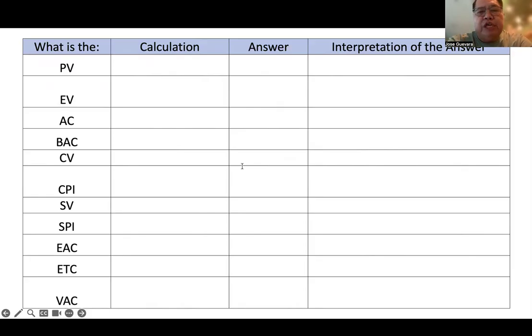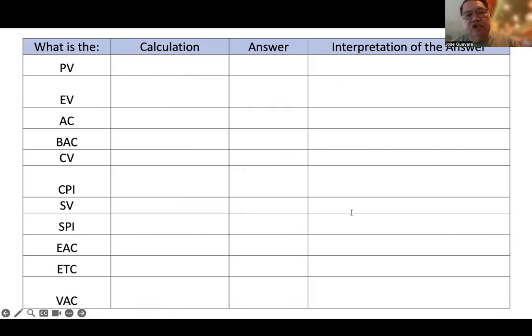So now it's your turn to think like a project manager. Using the information from the fence project, complete the worksheet shown on this slide. I recommend that you pause the video before I begin solving the problem. Try to calculate each earned value management metric on your own. Start calculating the four basic values: planned value, earned value, actual costs, budget at completion. Once you have the four values, then you can continue calculating